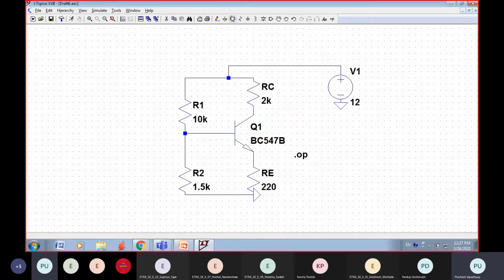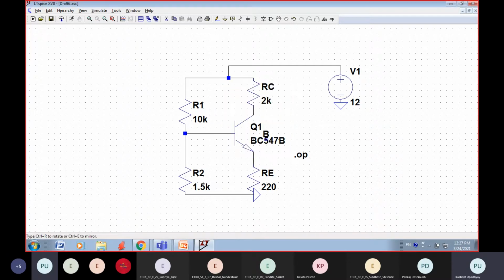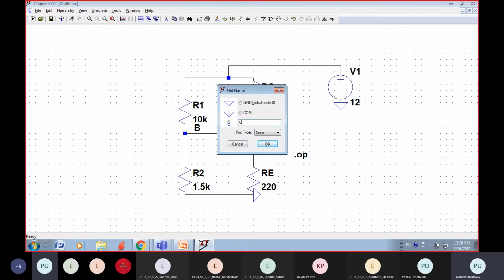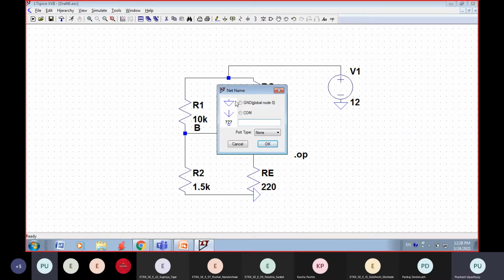Can you see that? It's a small A, label net, on the toolbar. Okay, label net. You just click there and let's see, write B, base. If I write base, I'll just connect here at this point base. So this will give the name to this node, B. Giving names is advantageous, and you will shortly come to know why I'm giving names to these different nodes. Instead of numbers, I will prefer names.